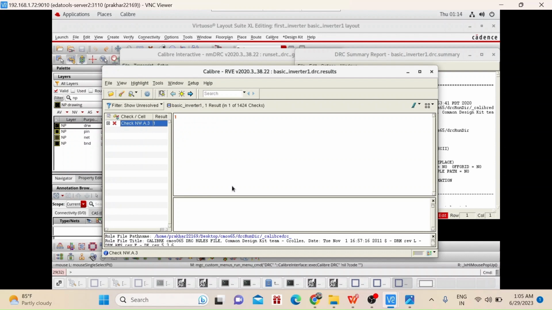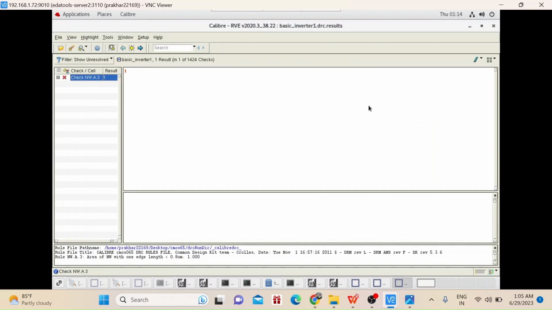So you can see only one DRC is left, which is nothing but your N well. The N well length should be 0.8 micrometer.